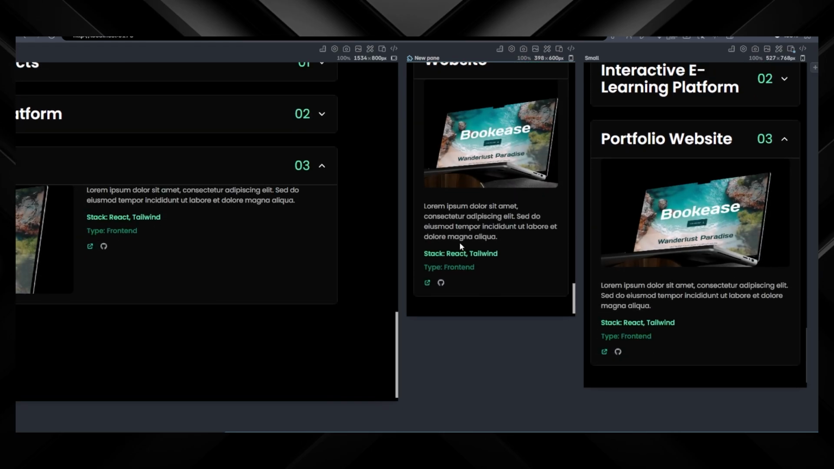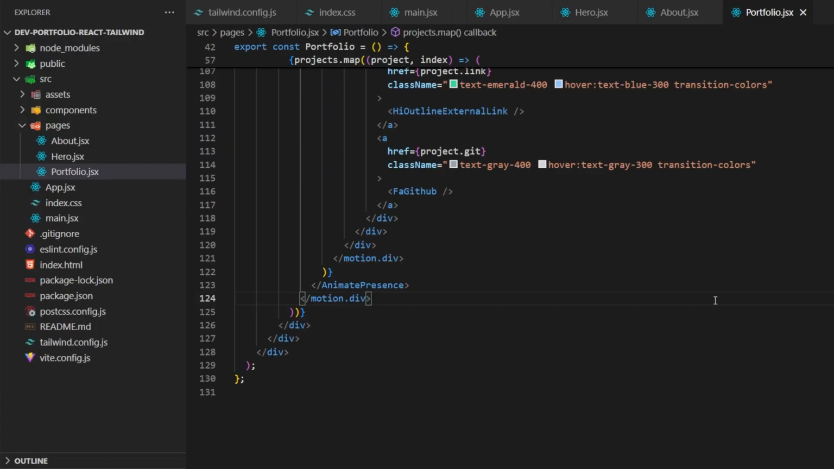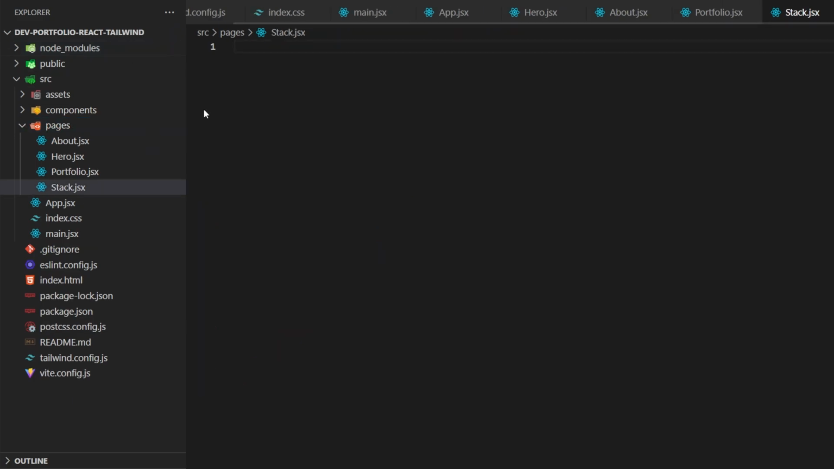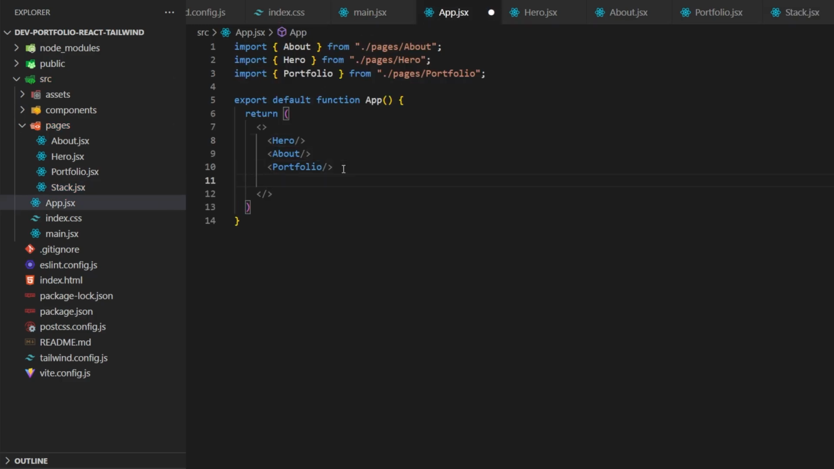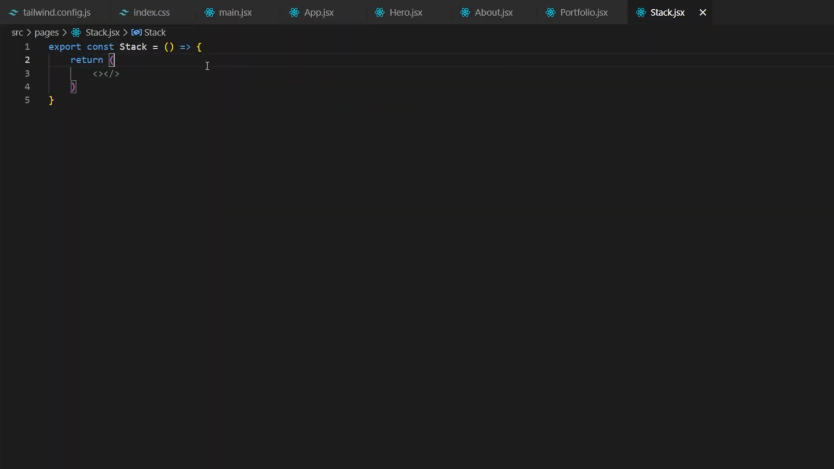There we have it. So that will be it for the portfolio section, and we can now move to the next one. Now to the next component that will be there, and we will call it stack.jsx, and do there the export const stack with some return, and now we will take it to app.jsx, put it below the portfolio,